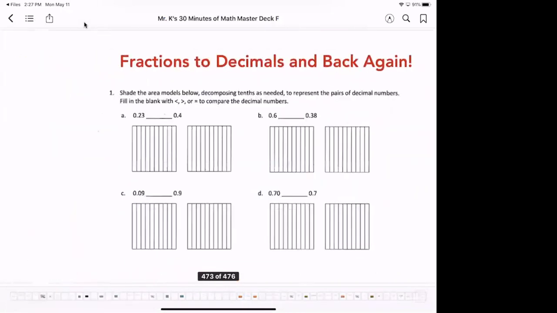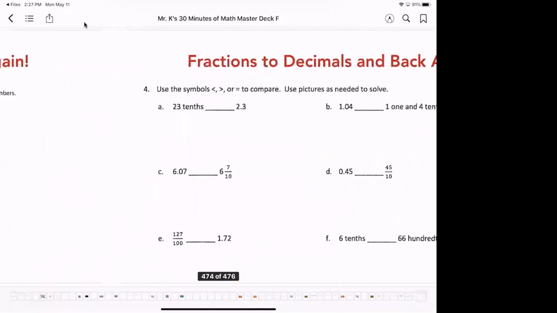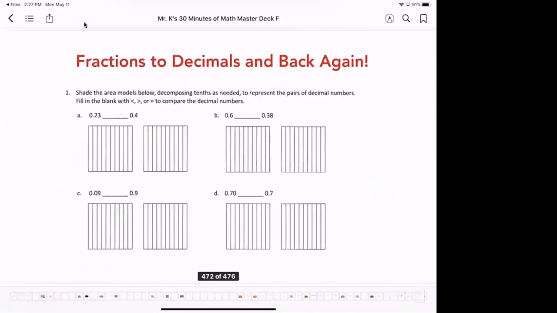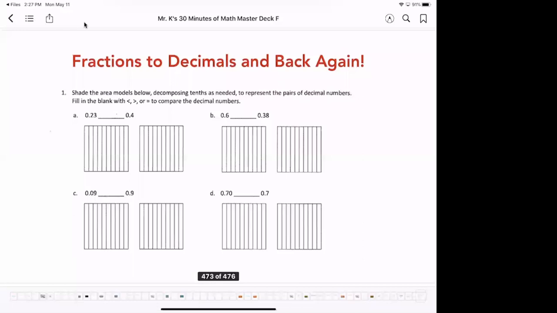Okay, I'm gonna skip that one. Let's do this one real quick, and then we'll get to our homework and our riddle for tonight. All right, what you're gonna do is just shade these, which is gonna be hard for you to do,